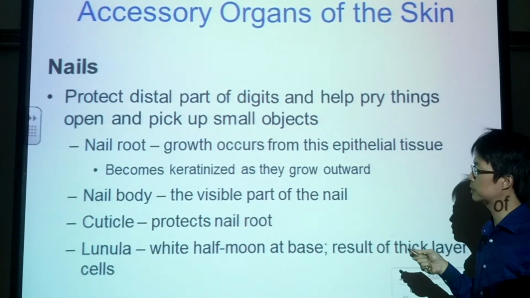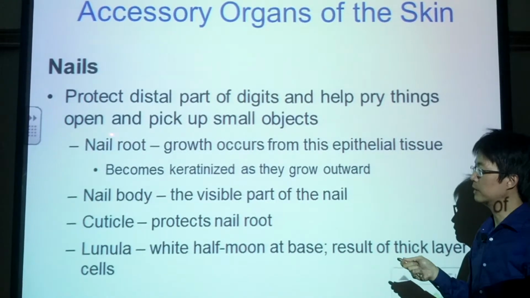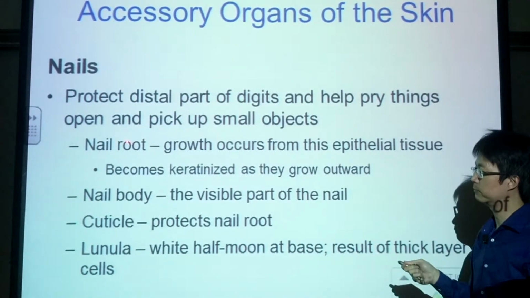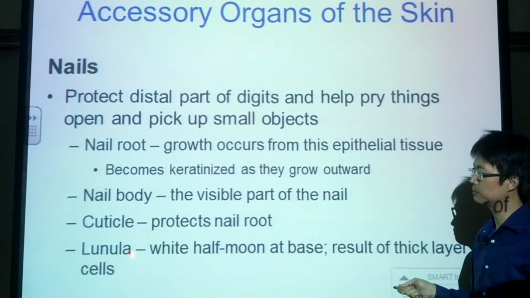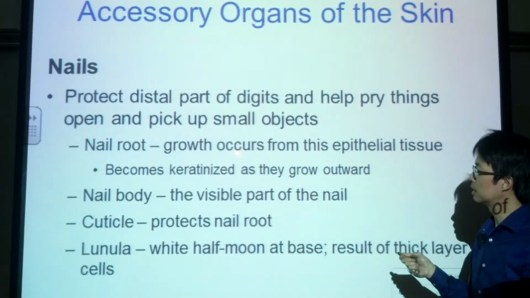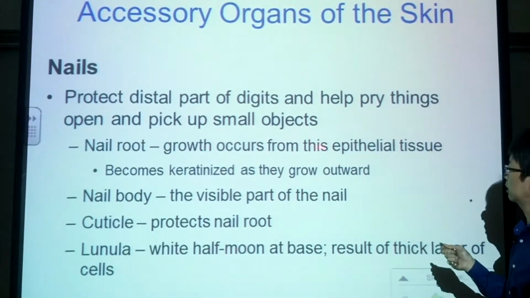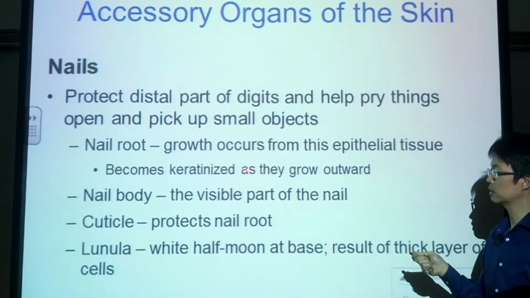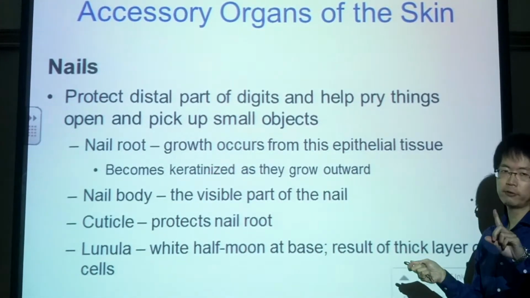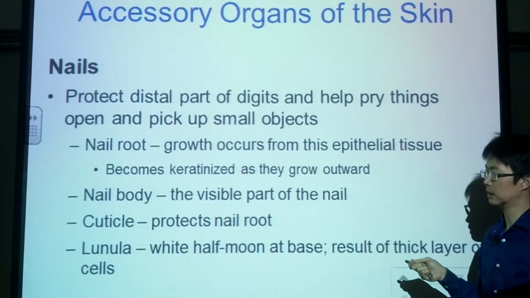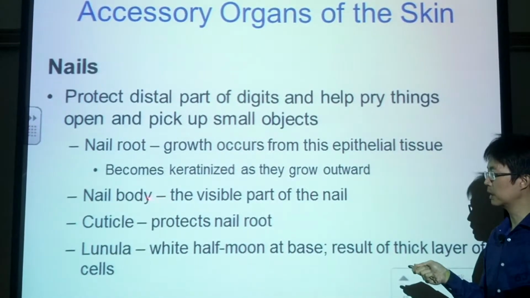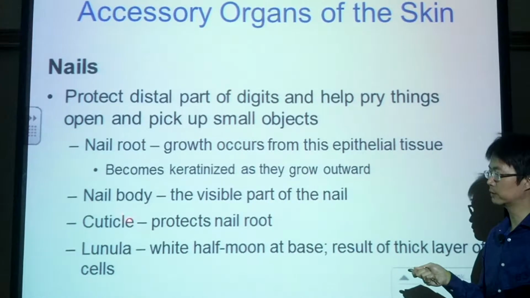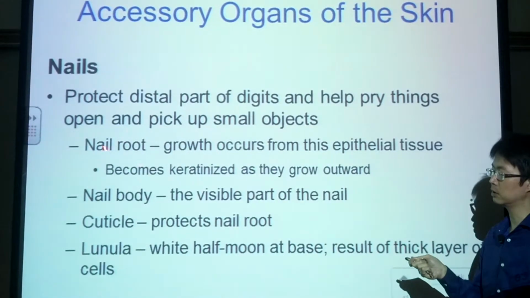pick up small objects. The nail has different parts. You have this nail root. It is where the growth occurs, and they have keratin there as they grow outward. Your fingernail is mostly keratin as well. You have the nail body, which is the visible part of the nail. You have cuticle. Cuticle is the substance that is coated on top of the nail root to protect the